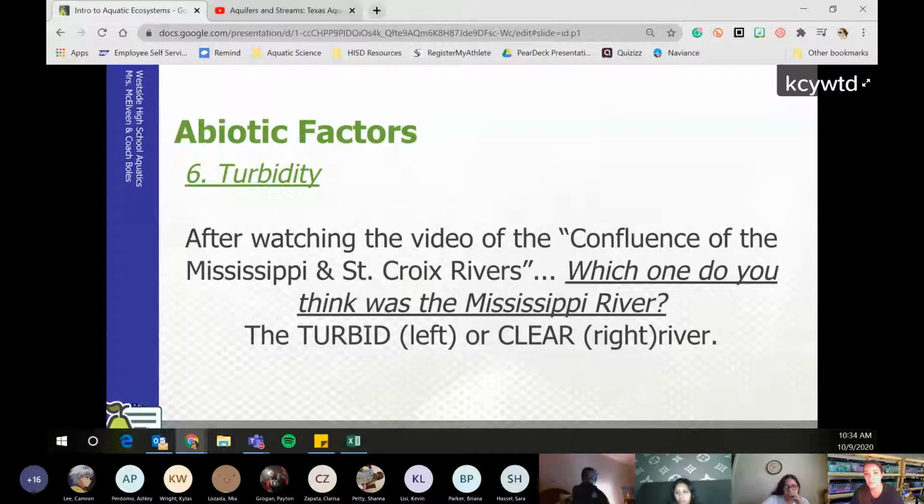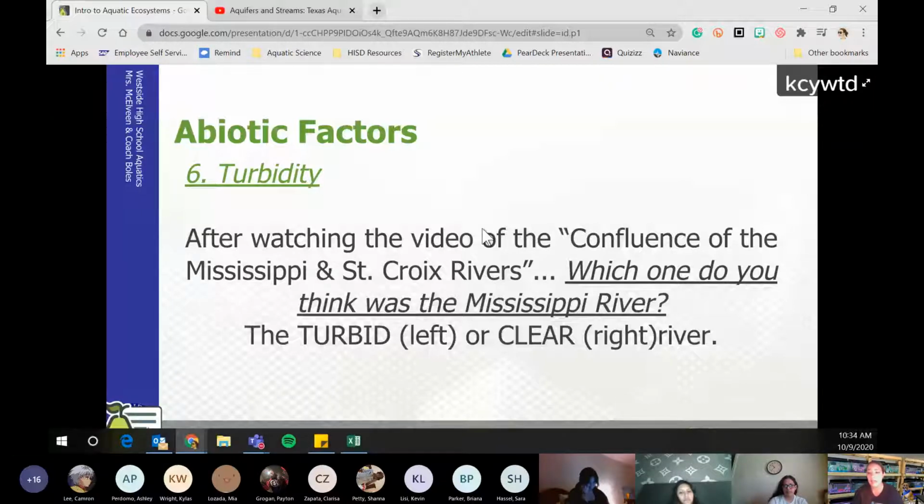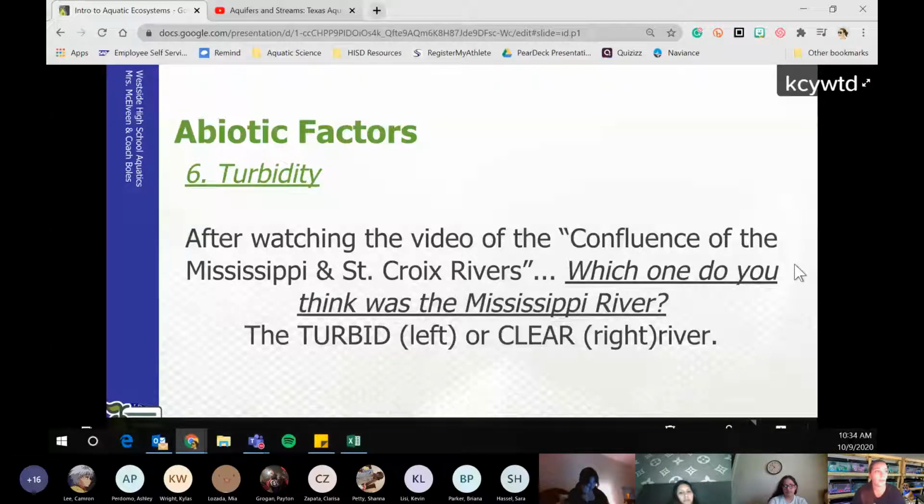Larissa, you're so smart. And so it looks like without doing a poll and counting, almost all of us said it is the turbid one, the one on the left. And I'm going to read what Larissa wrote. Turbid one because of your comment on how it is gathering a bunch of runoff from different states. We talked about the EPA controlling pollution because it's connected to all these different states. So yes, it would be the one on the left, the turbid one, because the Mississippi River is a huge watershed and it collects a lot of runoff and erosion from other areas of the United States. Good job.